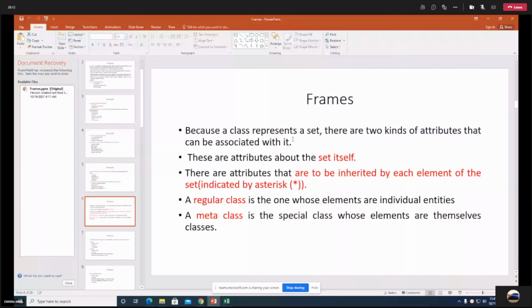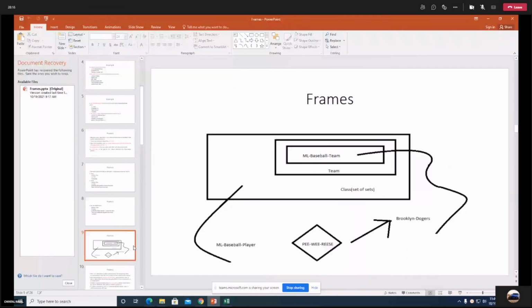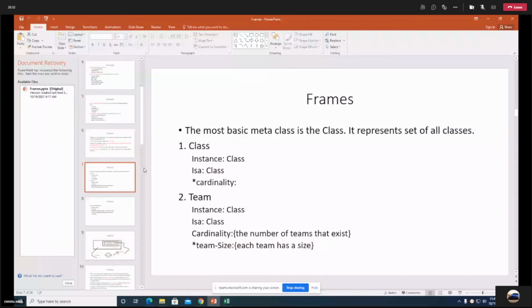ML baseball team is one class. Team is also one class, but they are subclasses of this parent class, which is named class.